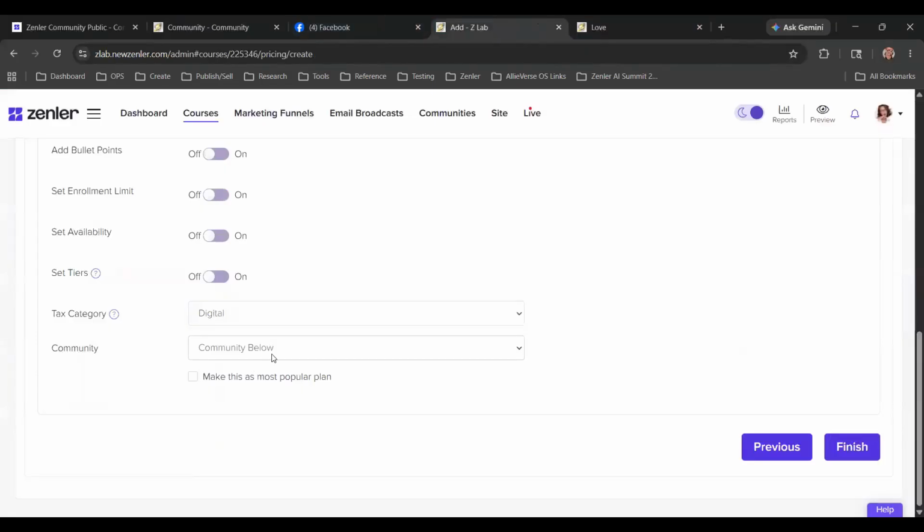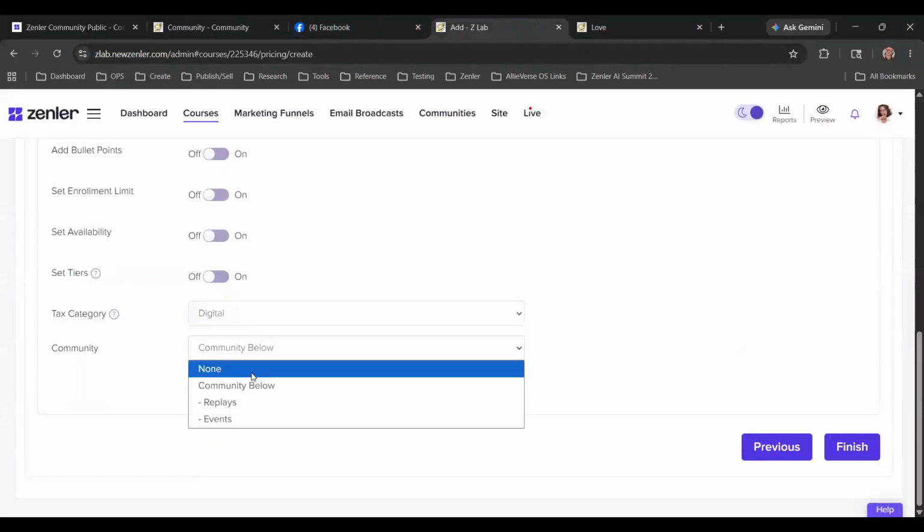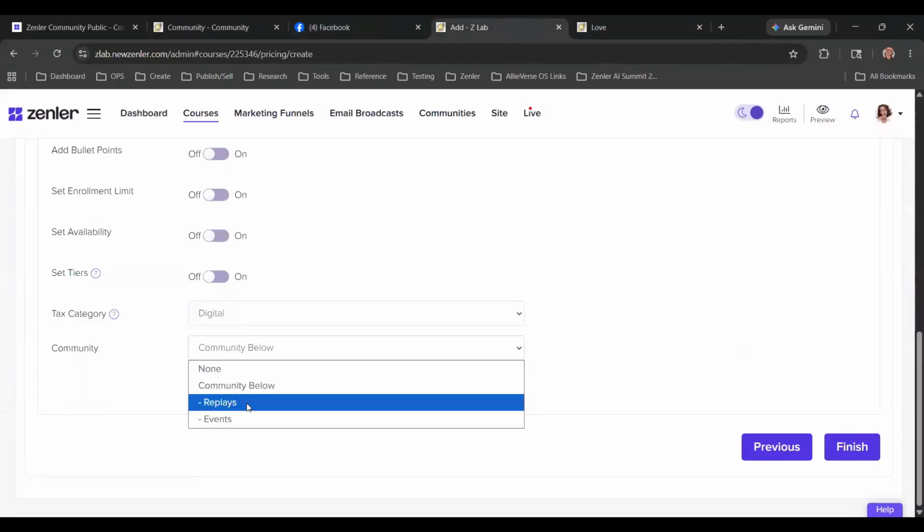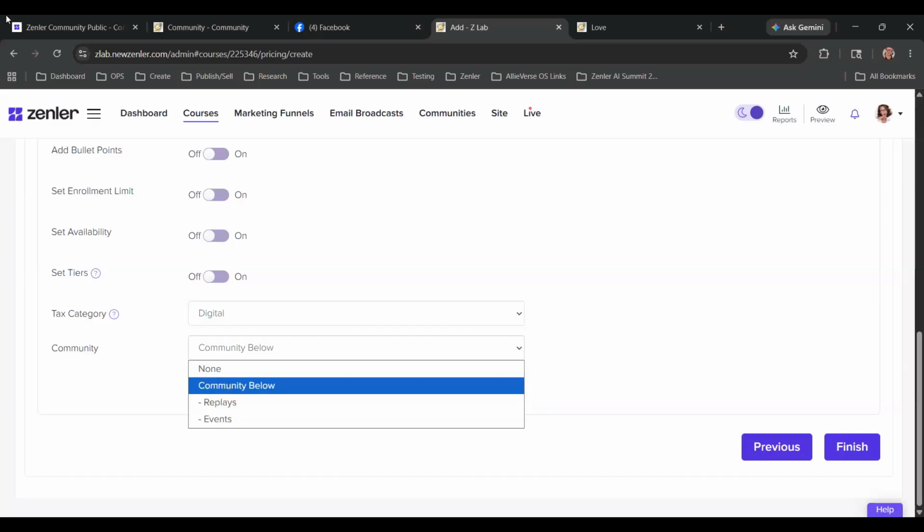But if you have a course that has discussions turned on, it will automatically create a community for you with discussions. But it doesn't just create a community for you, it creates a new category. That's what that replay is.